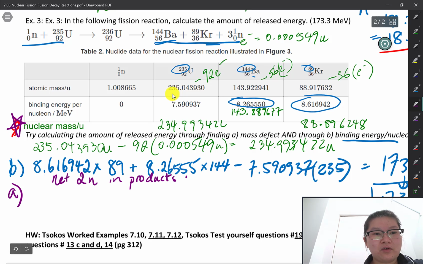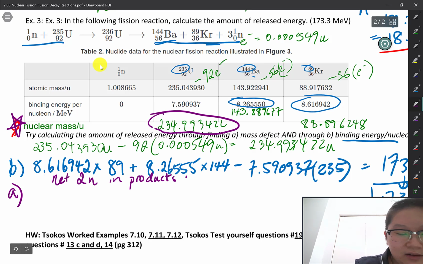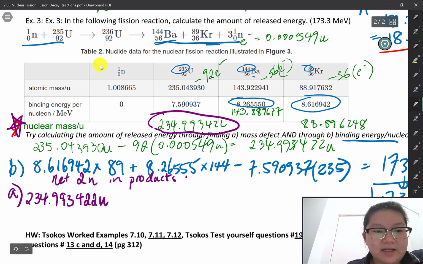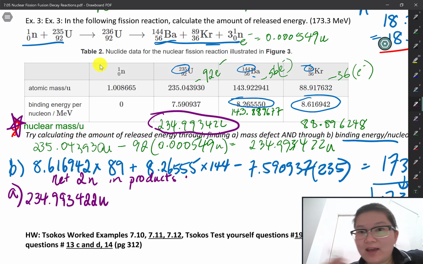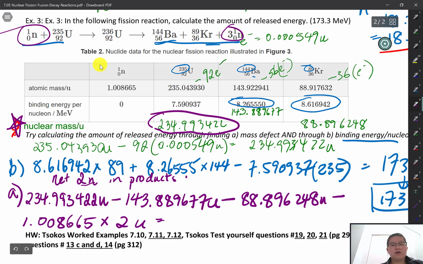So that's going to be the uranium-235 that we started off with. Starting with 234.9, this is the nuclear mass of our reactants. Now I'm going to subtract everything else, including the 2 neutrons in our products, because we have a net of 2 neutrons here. I just used the atomic mass for the neutron, since it has no electrons, and took 2 of those. If I subtract everything, I get